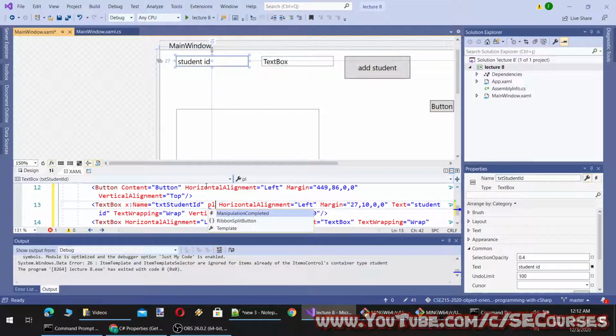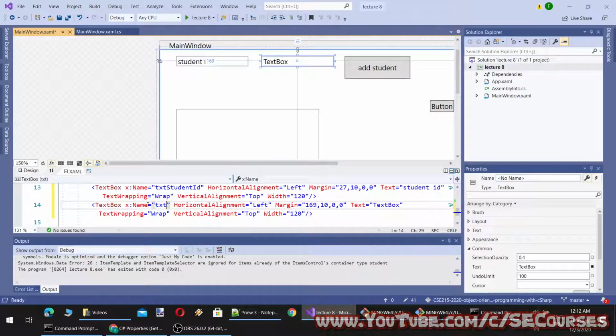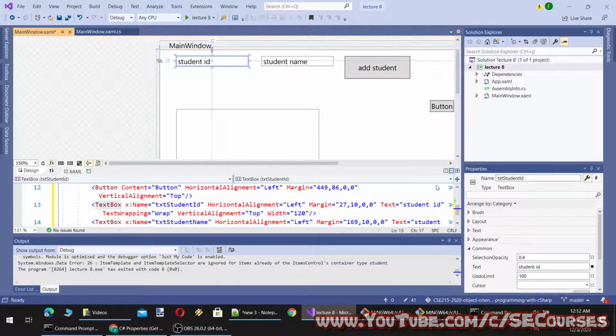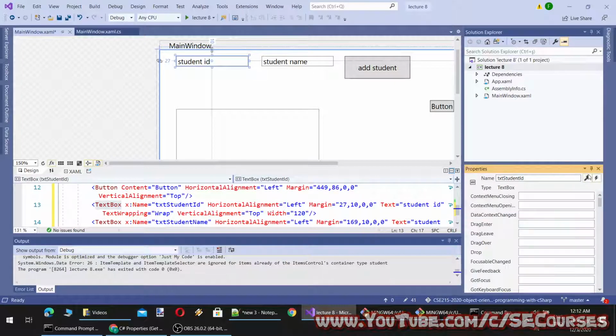Placeholder, no placeholder. And let's name this as student name. And on first click we can make them as